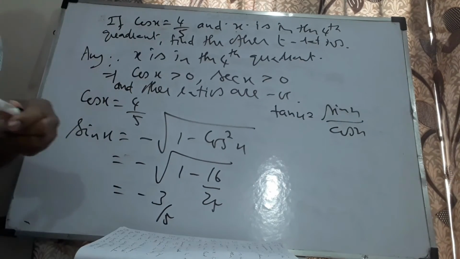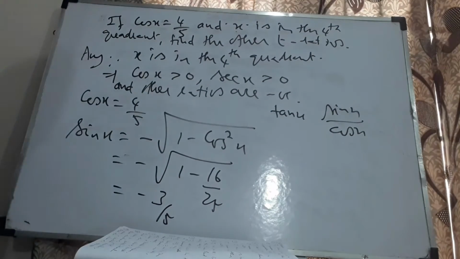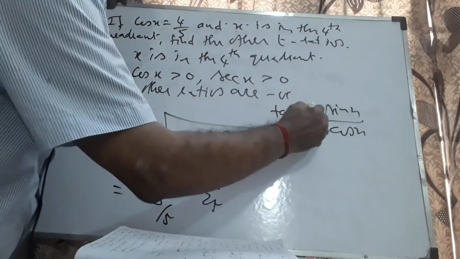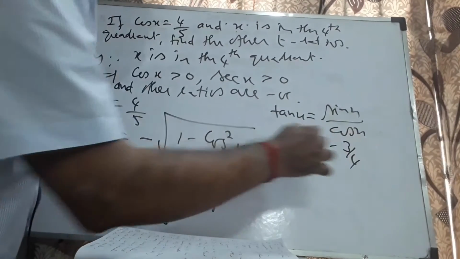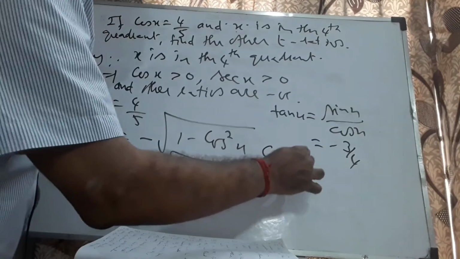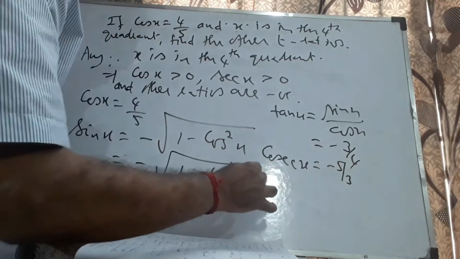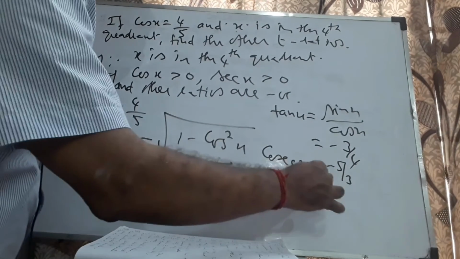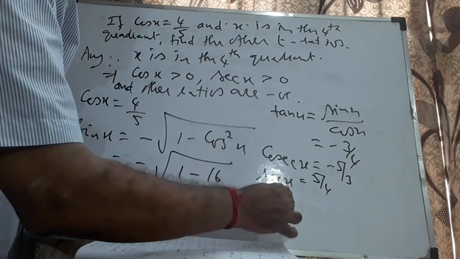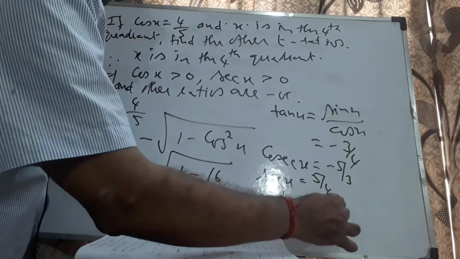Okay, this is equality. This looks like 2. This is equality. Okay, here it is anyway, minus 3 by 4. This will get reduced to minus 3 by 4. Now cosecant x is the reciprocal of sin x, which is minus 5 by 3. And secant x is the reciprocal of cos x, which is 5 by 4. And cot x is the reciprocal of tan x, which is minus 4 by 3.